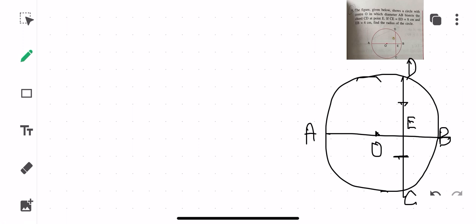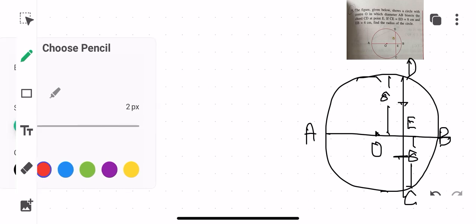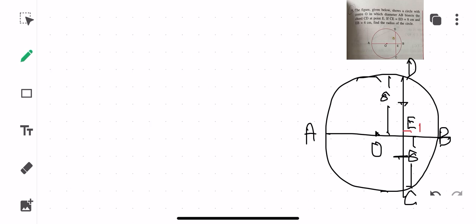Okay, so what you have to prove now? No, you have to find out basically if CE is equal to ED is equal to 8 centimeter. Okay, so this is equal to 8, and it has been given that this is also equal to 8. Both of them are equal to 8, and EB is equal to 4 centimeter. So I'll be using another ring. So EB means this particular distance has been given as 4.